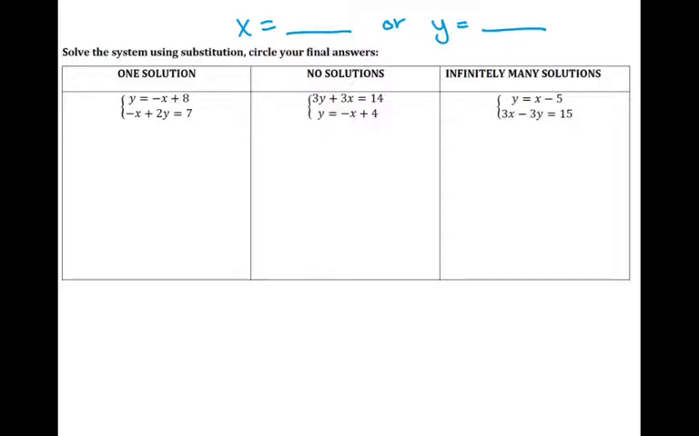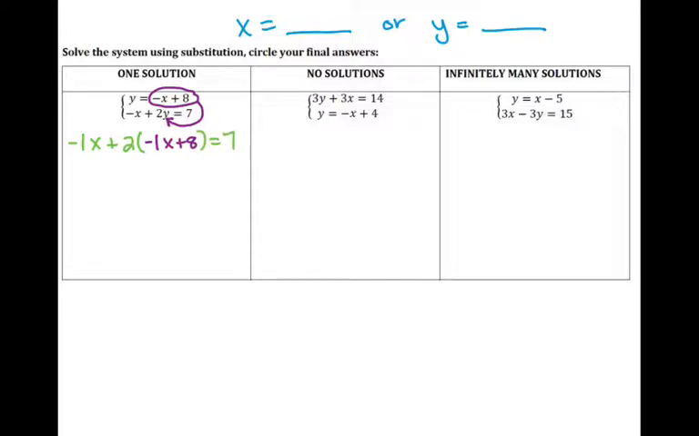So if I look at my first system, I have y equals negative x plus 8. So what I like to do is circle what it equals. I'm going to draw an arrow to where I'm going to substitute it. So I'm always taking one equation and substituting into the other equation. So I'm going to go ahead and rewrite my second equation. If there's no number, it's a 1, so I'm going to write this as negative 1x plus 2. But instead of y, I'm going to put my equation that I circled, which is negative 1x plus 8